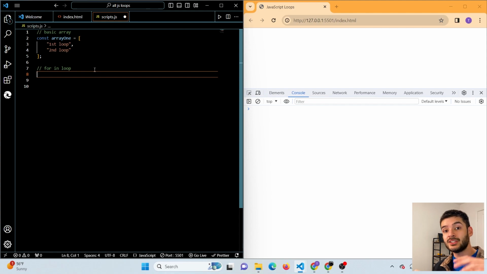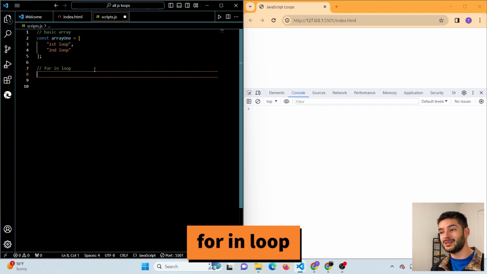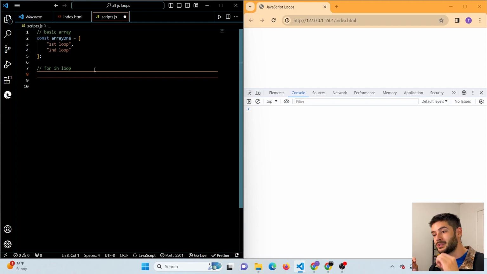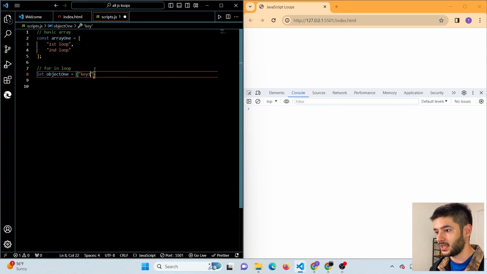Now we're going to get into our for in loop, and the for in loop is going to be used for specifically looping through objects, not arrays. Up until now we've been going through arrays, but now we actually want to loop through an object. So what we're going to do is create an object variable here. We're simply going to call this object1, and now make this equal to our specified object. And for our case, we're simply going to say key1 val1, so you guys can really see what is going on here. And then we're going to specify